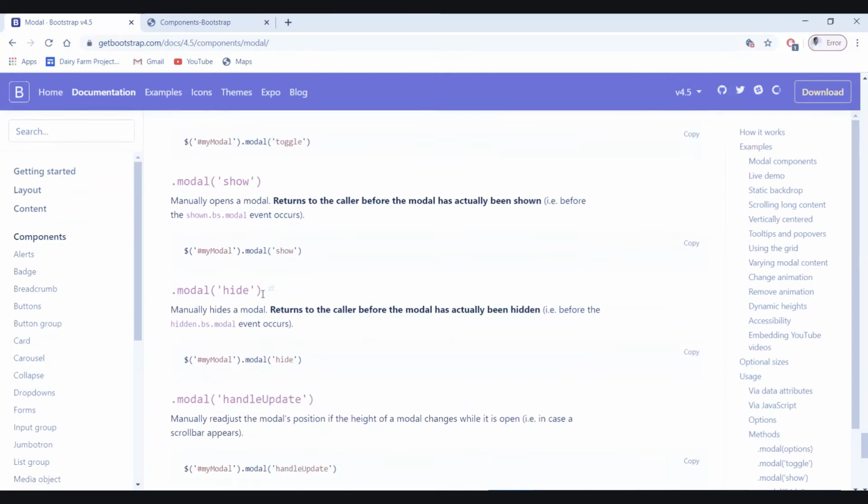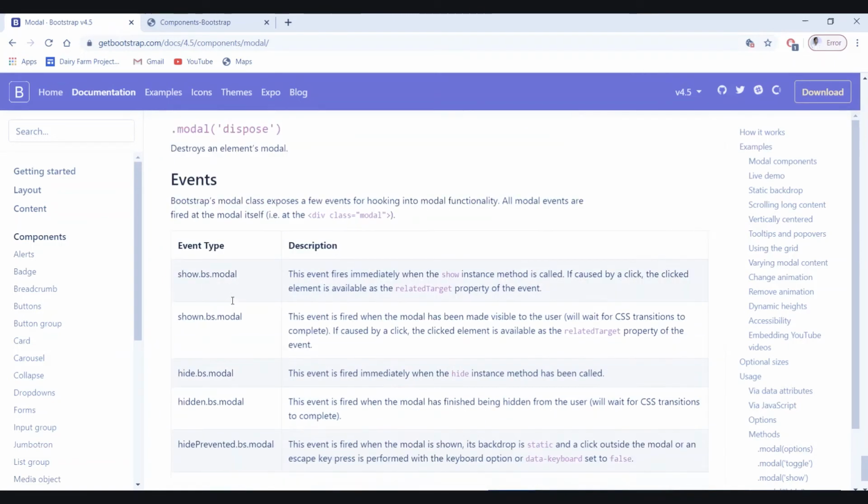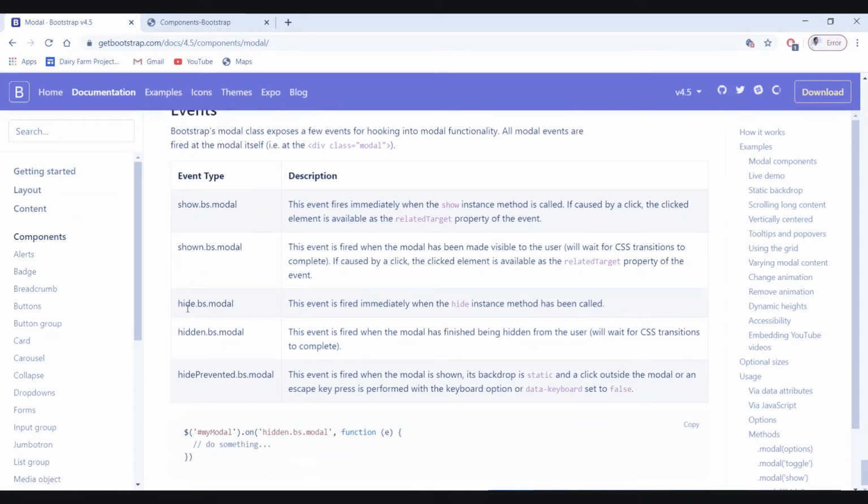Then we have to call hide, and how to use it: hide.bs.modal, then hidden.bs.modal. The hide event is fired immediately when the hide instance method has been called, and the hidden event is fired when the modal has finished being hidden.